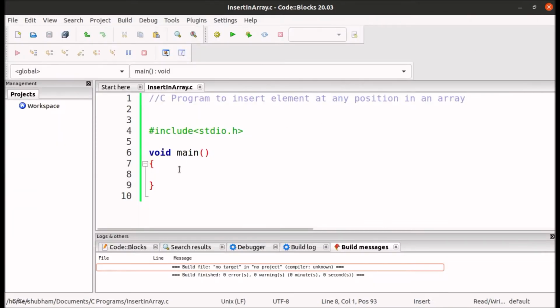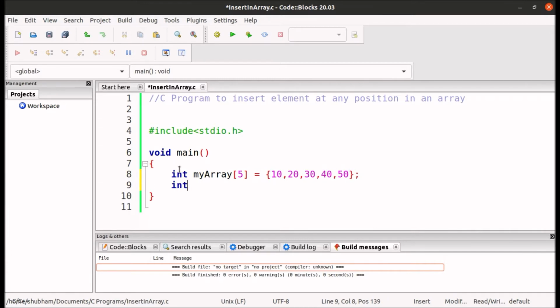So this is the file in which I will be writing the code. I am declaring an array called my array of size 5 having elements 10, 20, 30, 40 and 50.